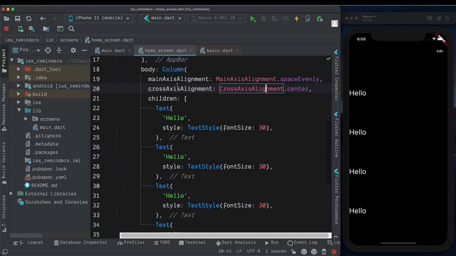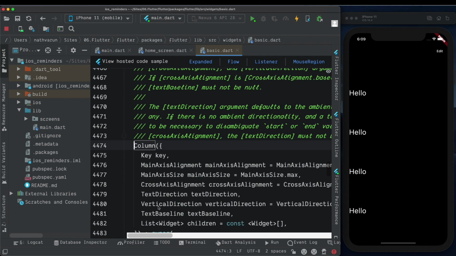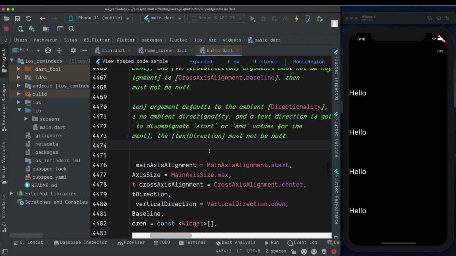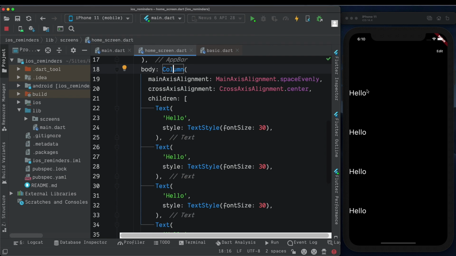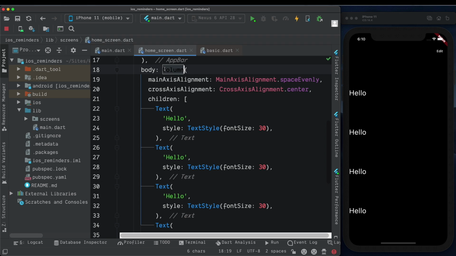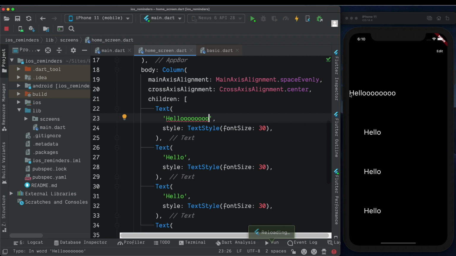So why does this not work? If we just jump into column and we have a look at cross-axis alignment, we'll notice that the default value is already center. But still we don't see the hello text moving to the center. This is because column as of now doesn't have a width of its own, so it takes up the width of its children. The width of the children text is equal to the length of the text. So if we increase the length of this text here, we'll notice that the text gets longer, so the column gets longer, and then it tries to align its children to the center